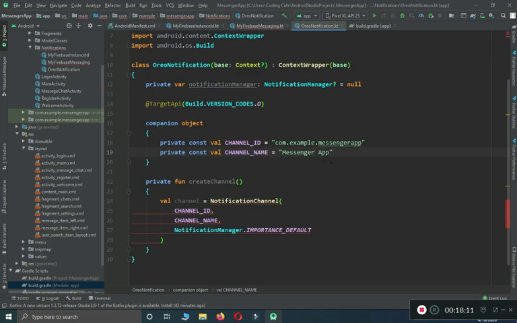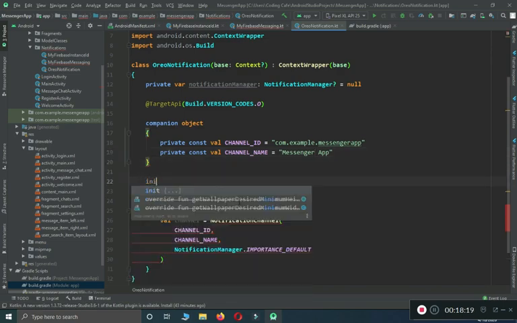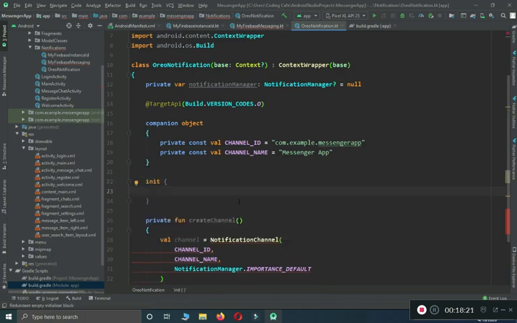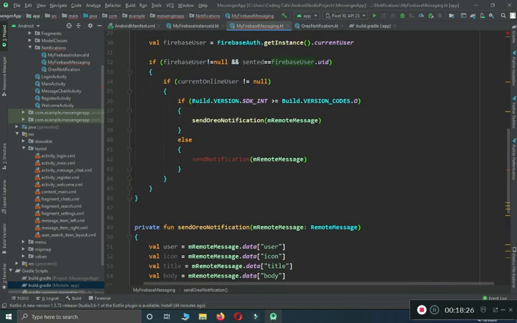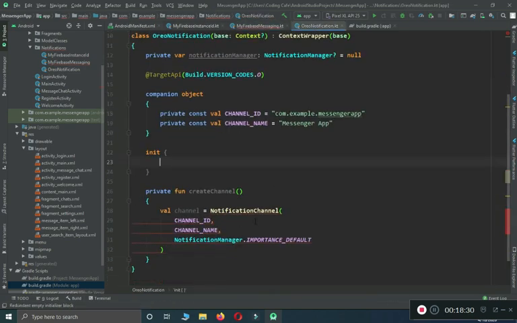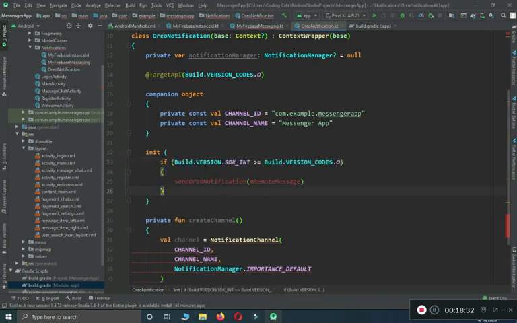And since we are creating this notification for the Oreo, we have to add a condition in the initialization, which is init. Here we can add the same condition which we just did here. Copy this, come back here and paste it. If the build version SDK is greater than or equal to Oreo, then we are going to create a channel, and it will